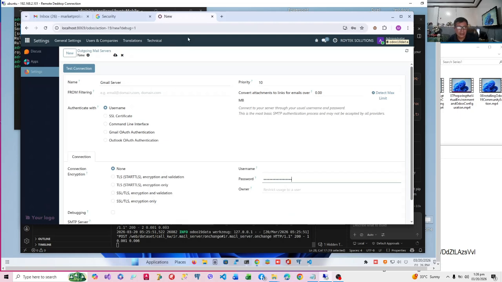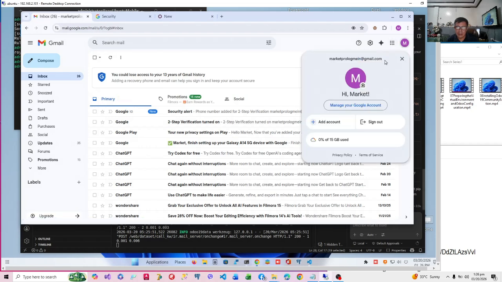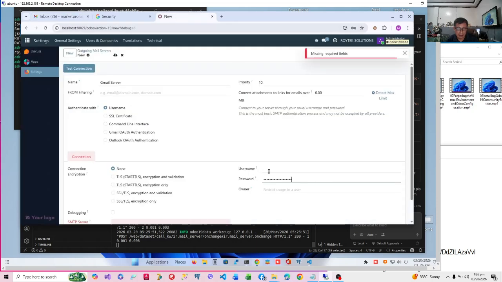And then the email address, our dummy email address. We'll copy it from the website and then go to our Odoo and paste it there, in the username. Now you have to remember this. I'm going to put the script down below.